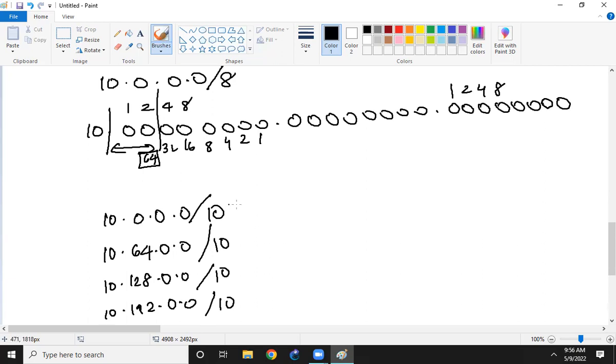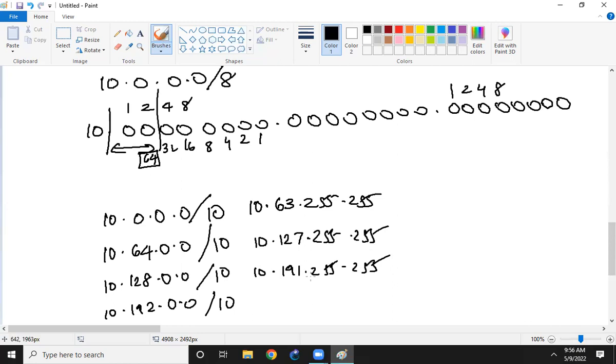And when you write the broadcast for this one, it will be 10.63.255.255, and this is 10.127.255.255, and this is 10.191.255.255, and here it is 10.255.255.255. Clear? And the assignable IP addresses here will be 10.0.0.1 to